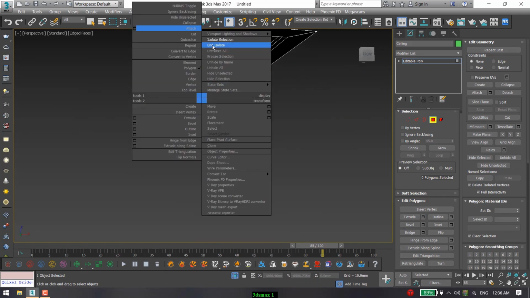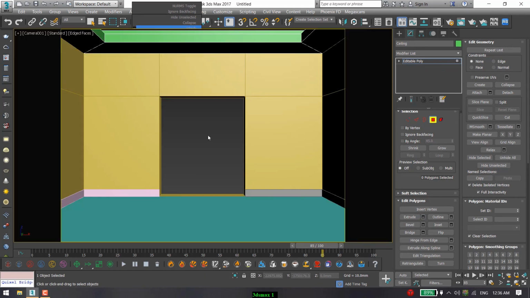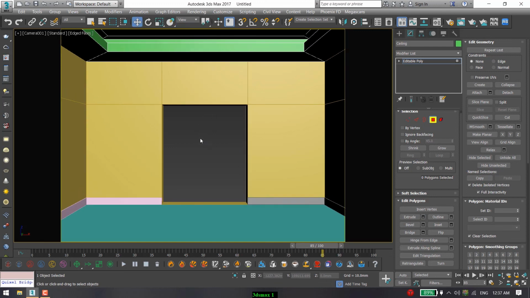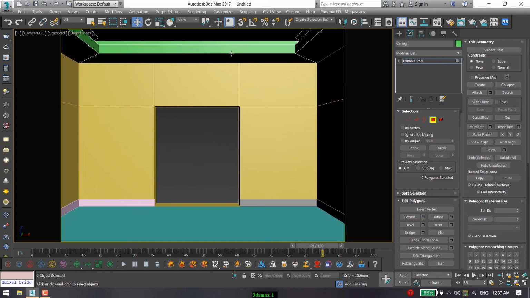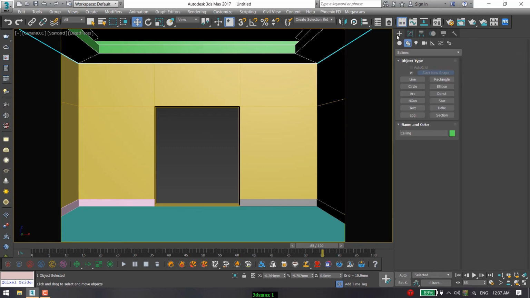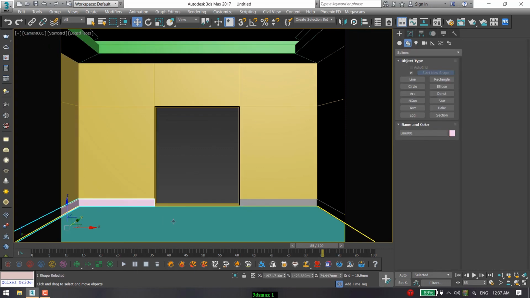So right click and object isolate and press C again for camera and Shift F. You can see we have some nice interior setups. One ceiling, walls, our window place, one skirting, and our flooring.